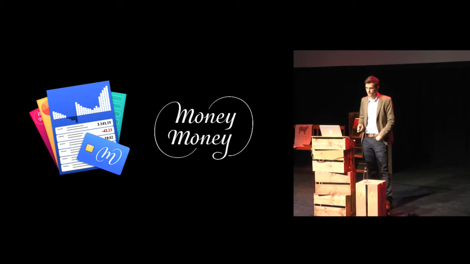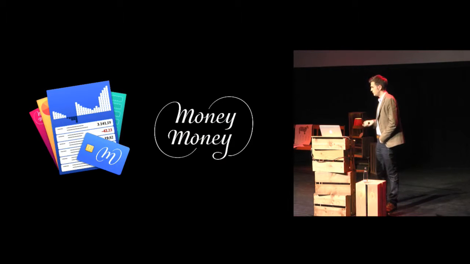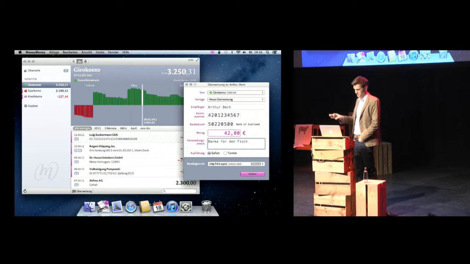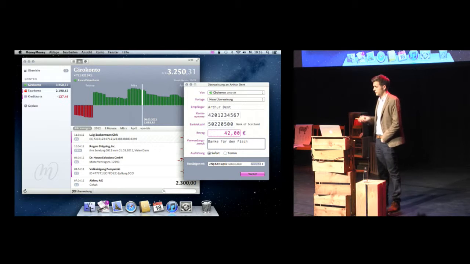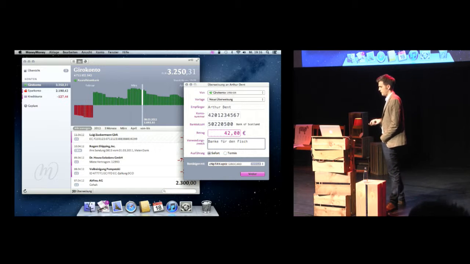Anyway. So a few years ago, I worked on a banking application for the Mac called Money Money. It's only for the German market, but in Germany, if you want to sell a product, then you have to give it an English name. Just another small piece of advice here. This is the original design from 2011. The UI fashion has moved on, obviously, and textures and shadows are not in vogue anymore. But good typography is timeless.